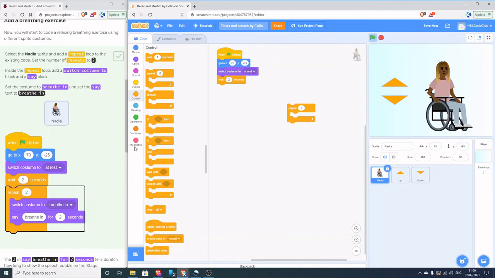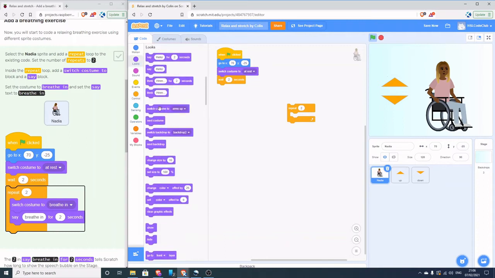Switch costume to breathe in, so that's under looks. Say the words breathe in for 2 seconds. The words for saying is under the looks as well. Doesn't quite sit that well with me, but that's where it is. Breathe in. So now if I click this block here, she kind of sits up in a chair to breathe in,